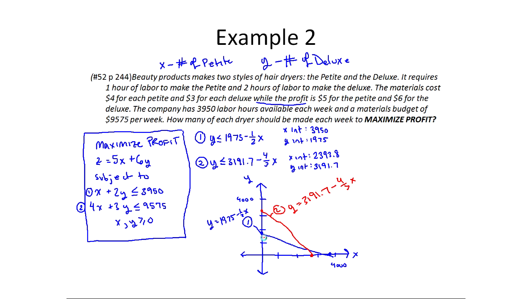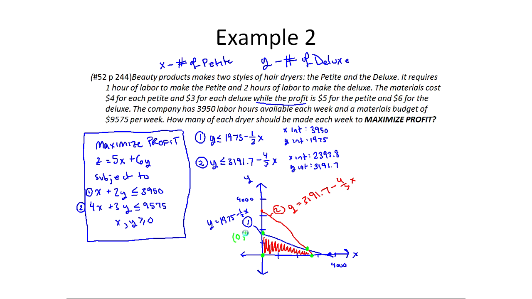The only way to be below both of them but above the axes would be to be in this region right here. And I can also see here's a corner point, here's a corner point, here's a corner point, and here's a corner point. Now, several of these corner points are easy to find. This corner point is the y-intercept of 1. We just found it a second ago, right? Because that's how we drew the line. So this would actually be the point